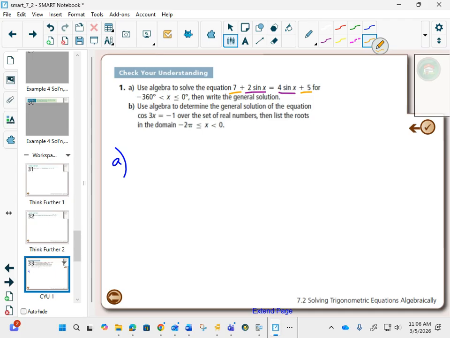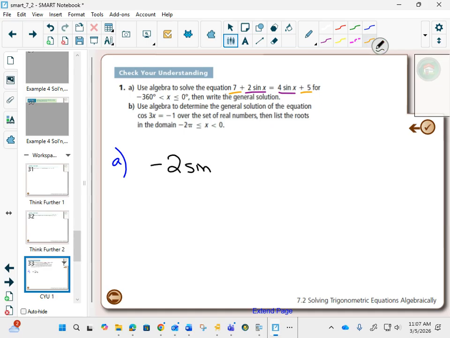In fact, all of this is a grade 11 question except for the general solution and maybe the fact that it goes from 0 to negative 360 instead of 0 to positive 360. So what are we going to do? Well, we'll put our like terms together. If I move the signs to